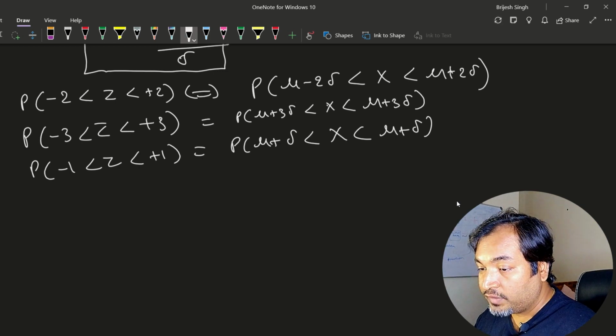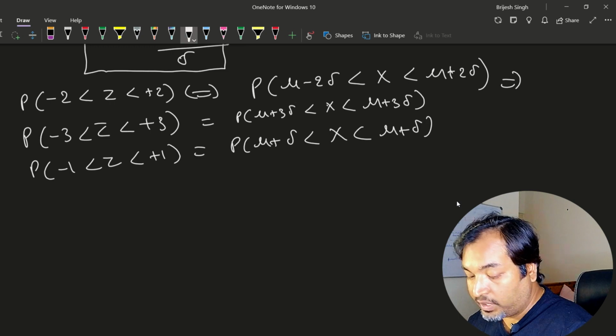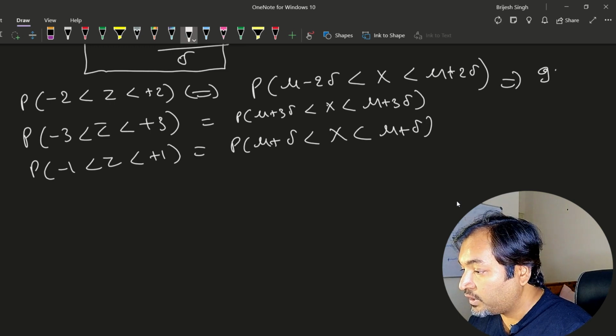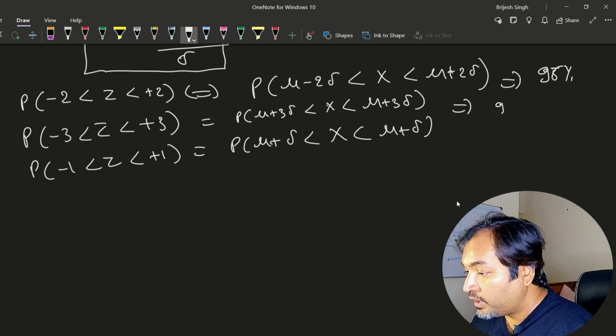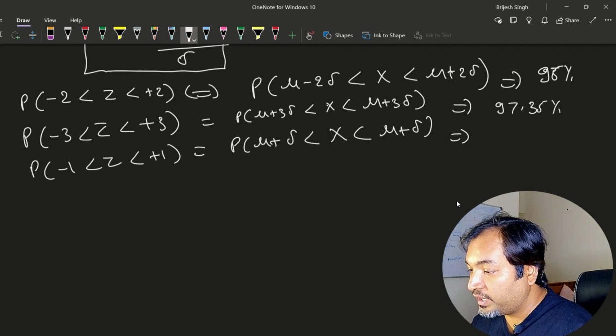And if you calculate, this was coming 95%, and this was coming 97.35%, and the probability of this range would lie between